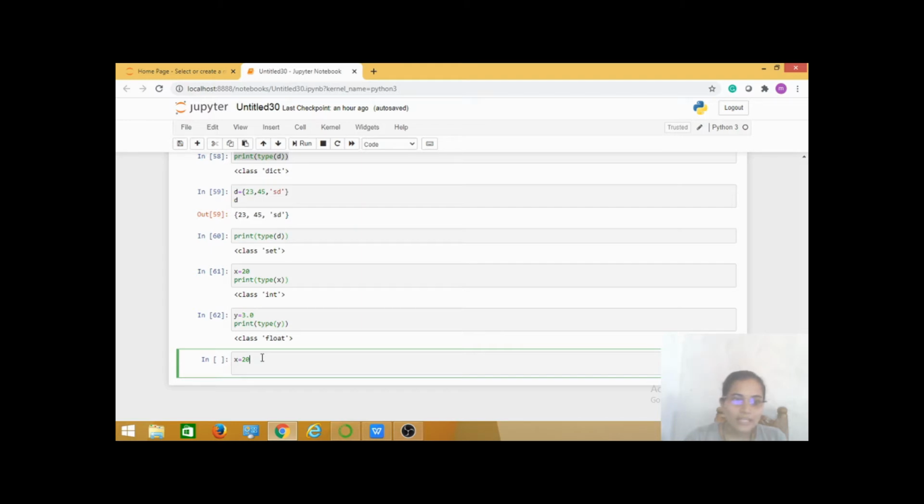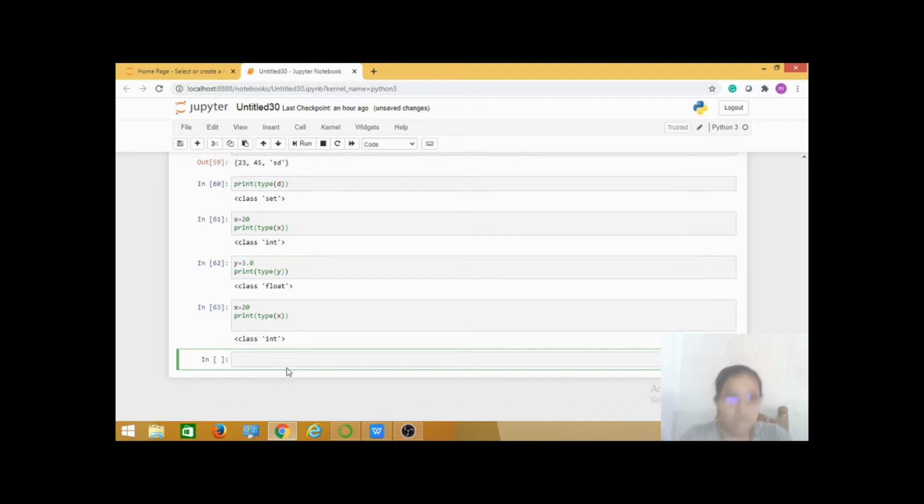For finding what type of data a particular variable contains, in Python we use the type function. Let's see how it works. Here I want to find what type of data this x contains. So for that, I am typing type of x. For displaying purposes, I am using a print statement, print of type of x. I'm going to run this code and let's see. Here I am getting class int. That means x has the integer data type.